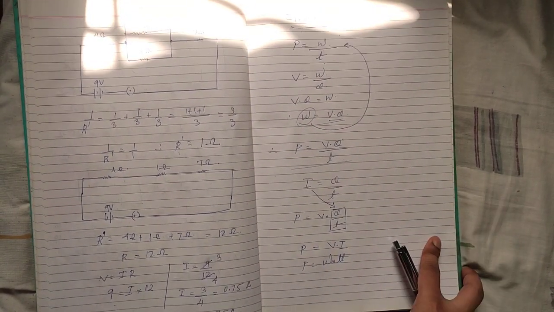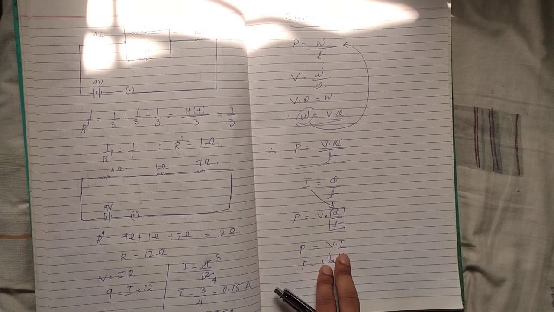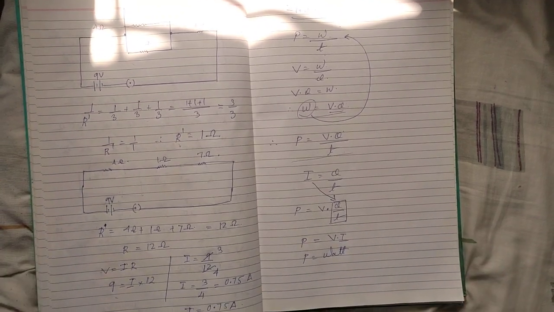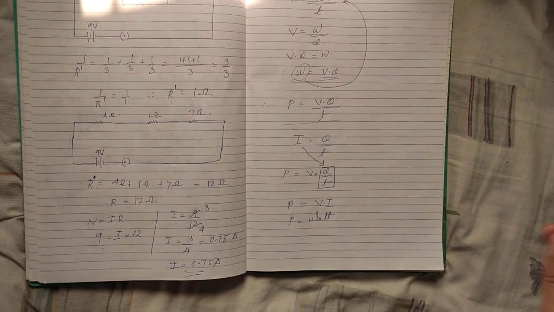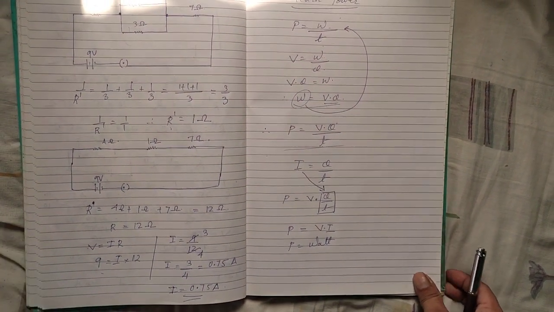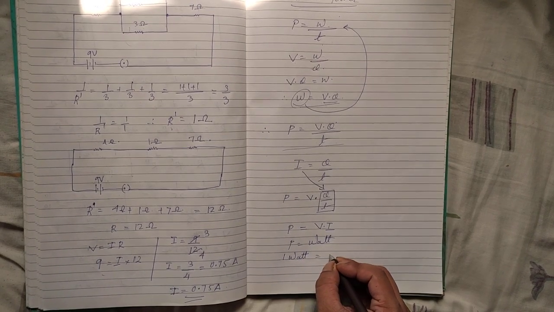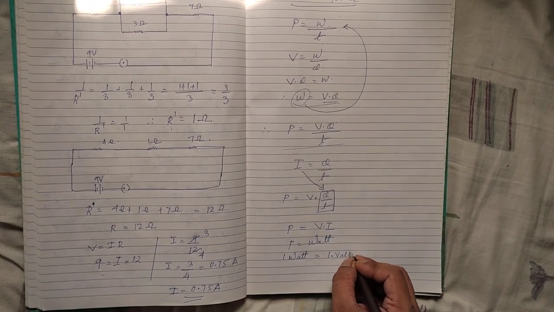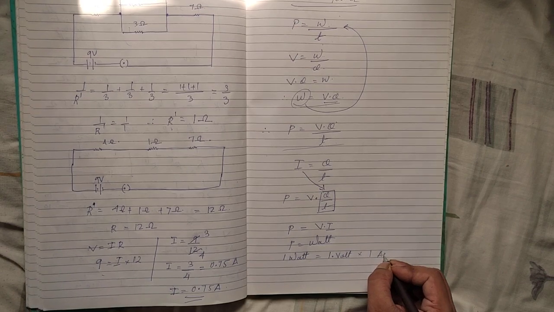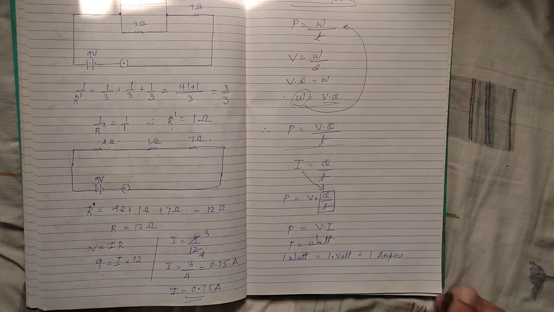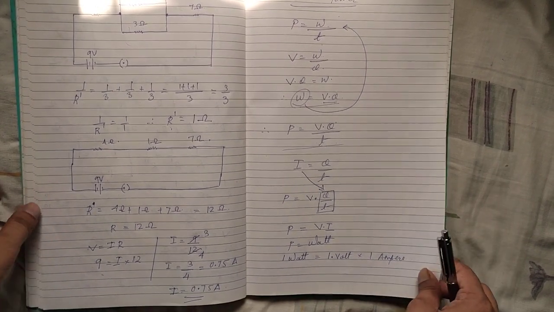Over here we have P is equal to VI. So what is 1 watt? 1 watt is equal to 1 volt into 1 ampere,